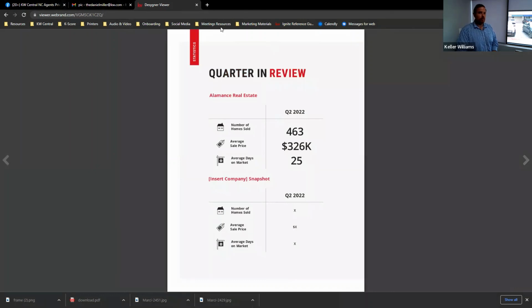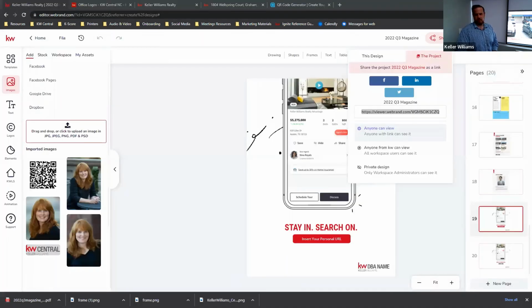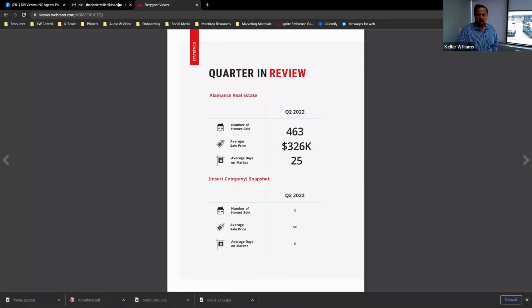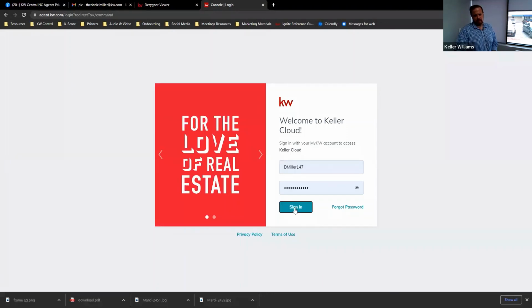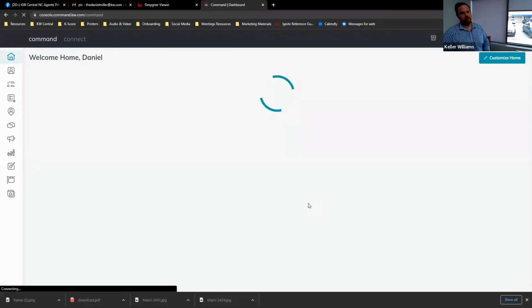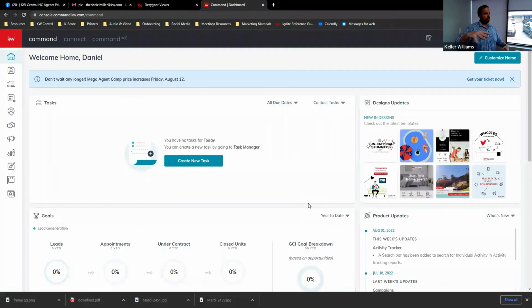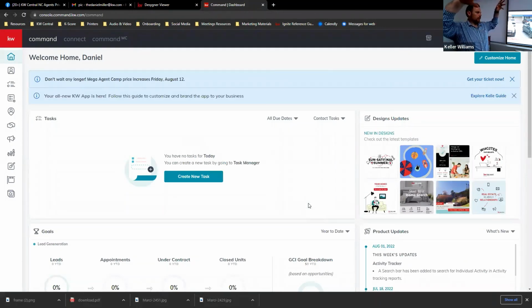If you want to get super, super fancy with it, actually, I'll go ahead and go back to mine. In Command, one of the designs is actually to create emails. And you can create the email, you can put that link into the email so you have a nice little HTML email rather than a bunch of text. Make it super pretty, and then you can add it to your smart plan or you can add it to your campaigns, however you want to send it out. Send that email out with the pretty website link to your magazine, and you're golden.